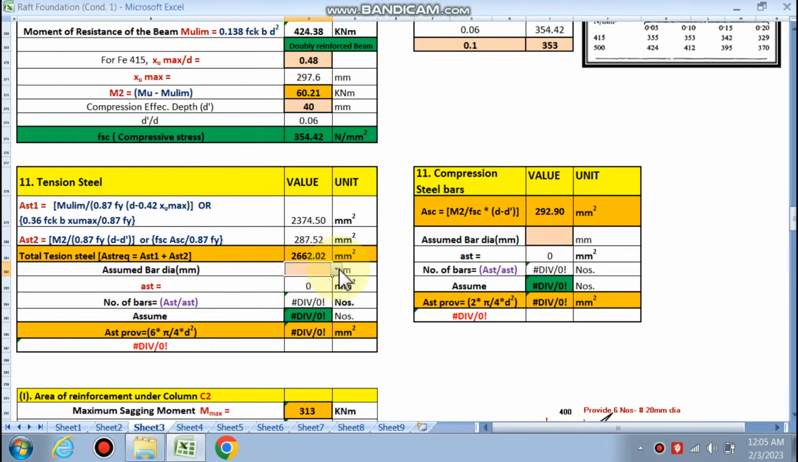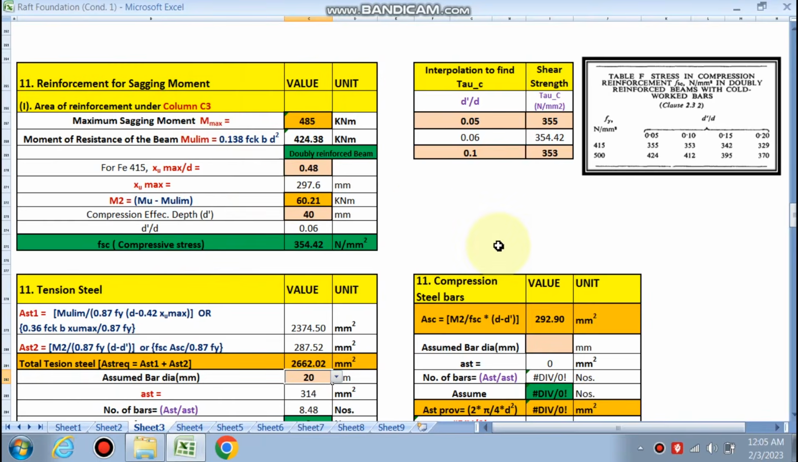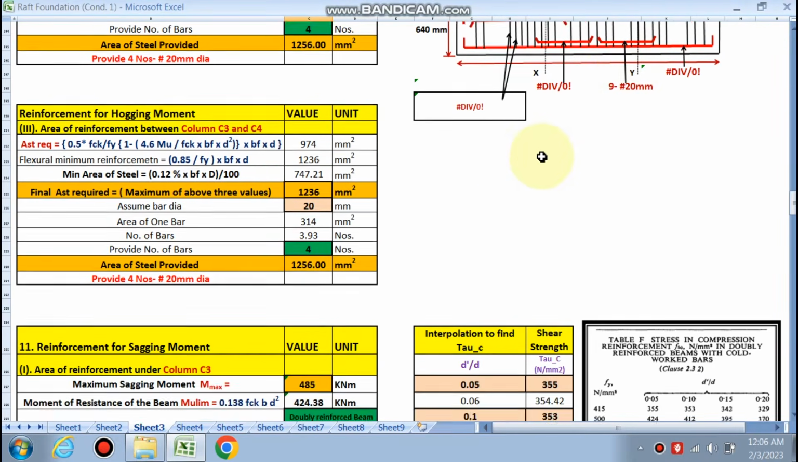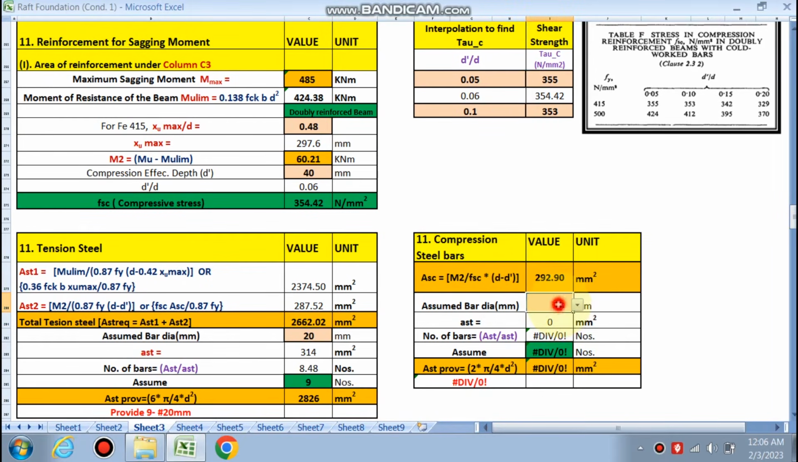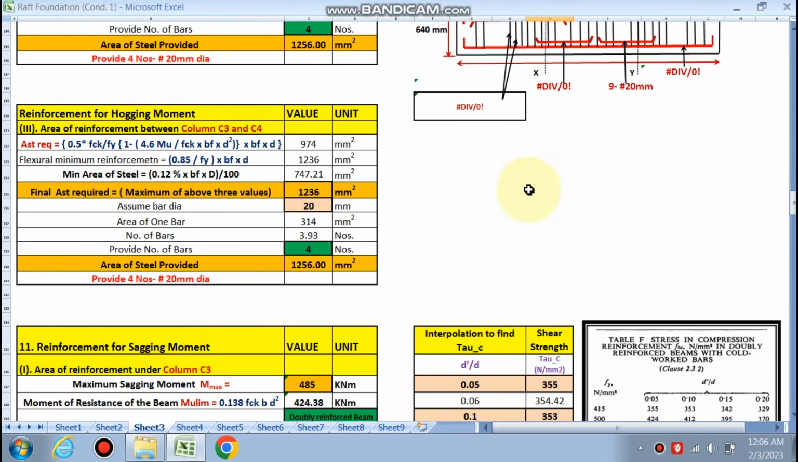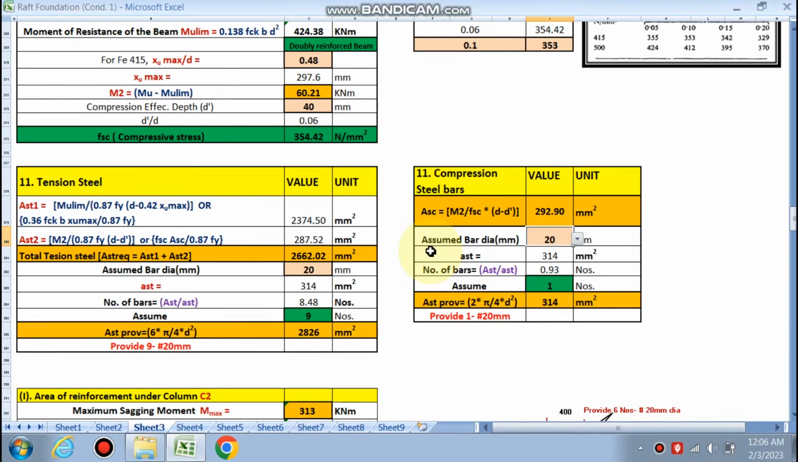So we have to assume the bar dia. If we choose 20 mm dia, so 9 numbers are required under C3, right? So assume bar dia for the compression steel, same. If we choose 20 mm, 1 number is required, but we have already provided 420, so we don't have to require more. Next, tension steel